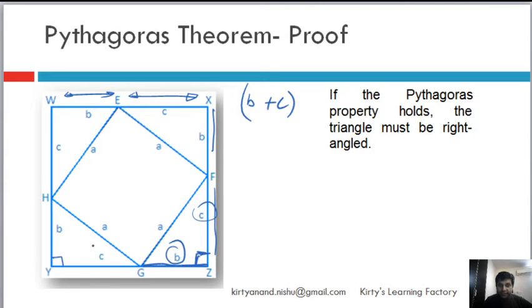It doesn't matter whether B is base or C is base, right? And that's how I have done the alternate arrangement. It is a good arrangement to find out or to prove it, okay? And therefore now you will say that, okay, this is all A, I understand, but in my proof I am